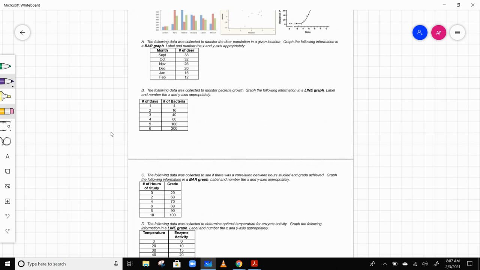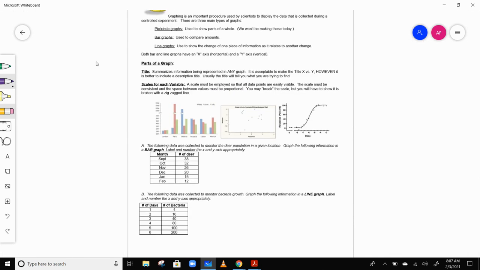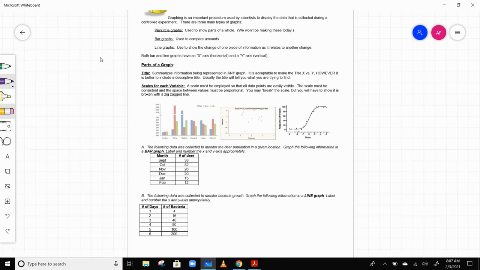Okay, and all these graphs you can do on a separate sheet of paper. You don't need to do it on here. You just need to eventually take a picture of it and attach it to the assignment. Okay,